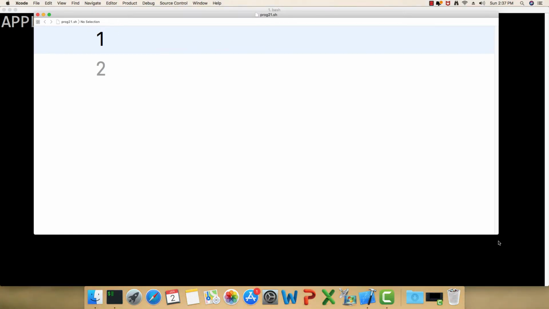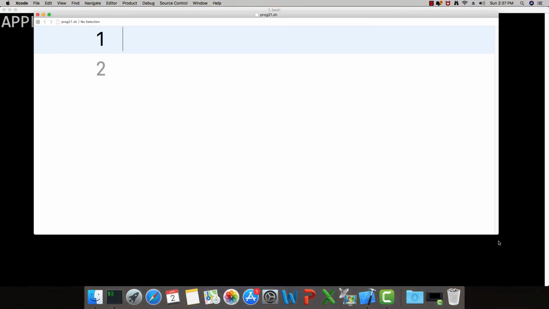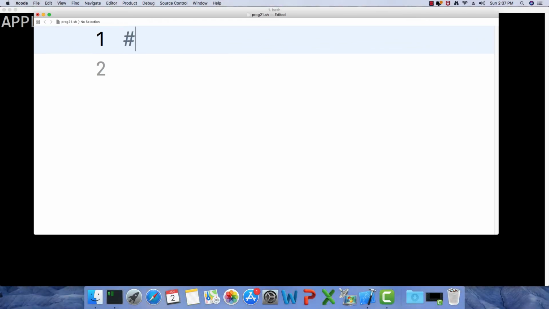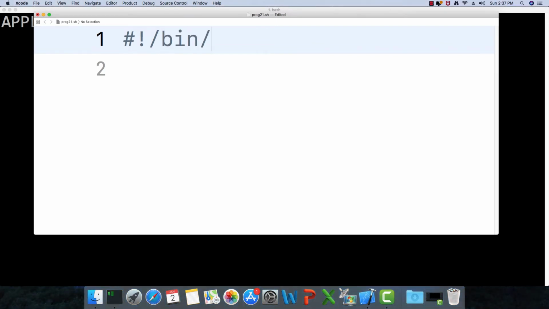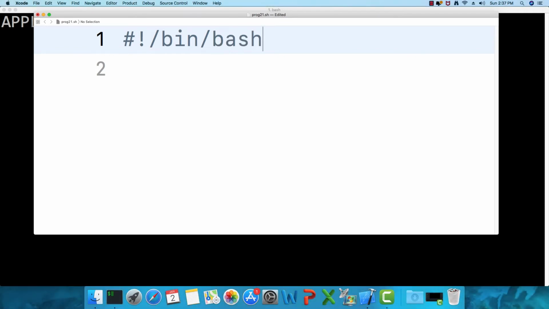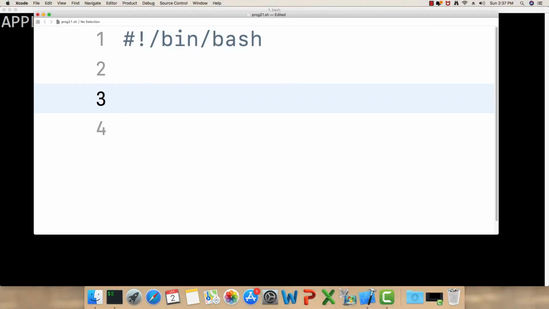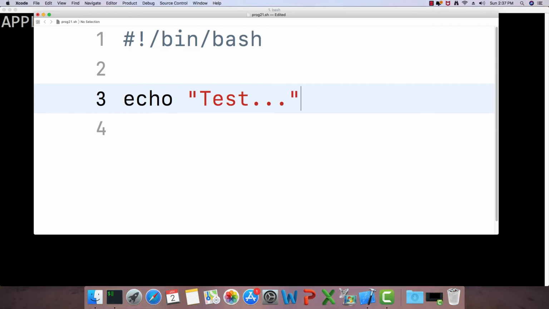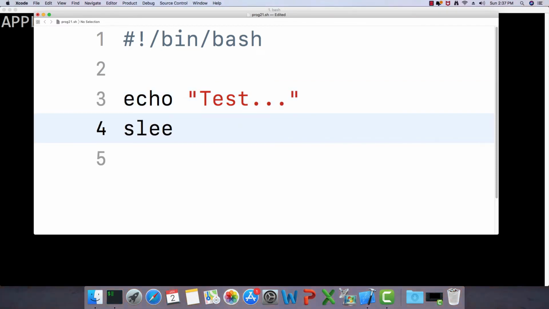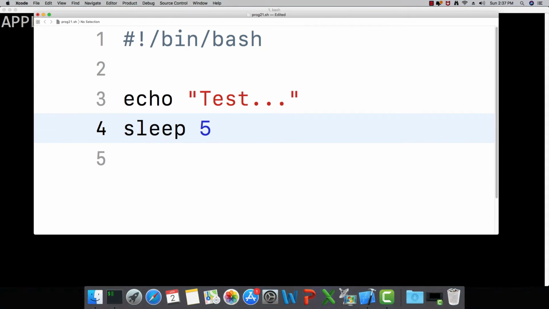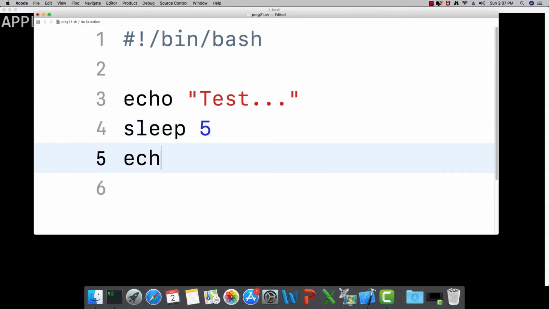Now I'm going to look at the usage of sleep, sleep related activity, not like human sleep. It is like asking the system to go to sleep with itself. Echo test, and we are going to suspend the activity of this particular shell for 5 seconds. By default it is seconds, but you can also have minutes, hours and days. So I'm going to mention all these things in comments.